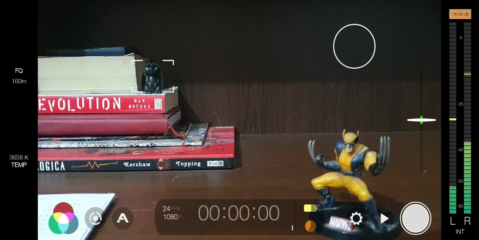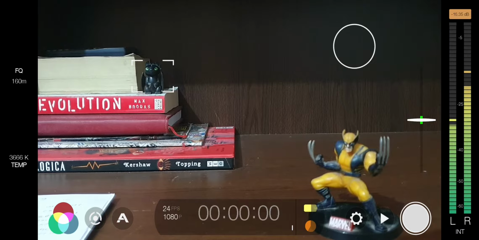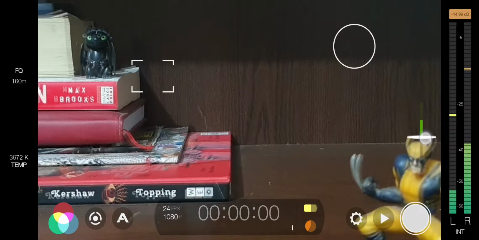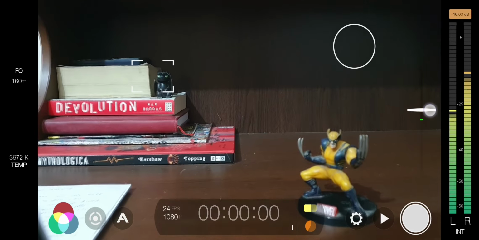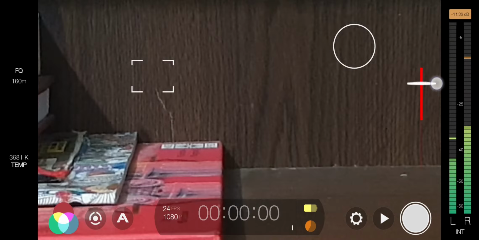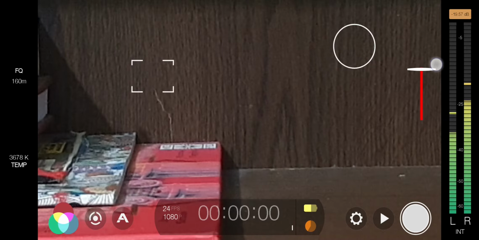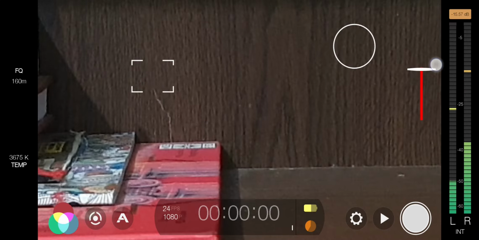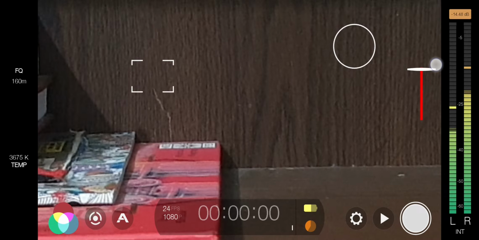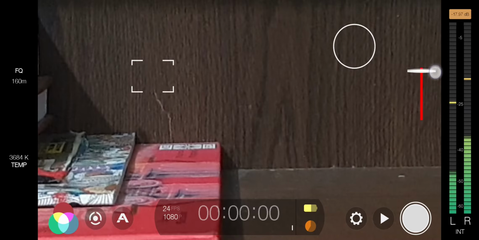Another thing I like to mention is this slider, which is like a zoom slider. You will see that if the zoom is not correct, it will indicate red.